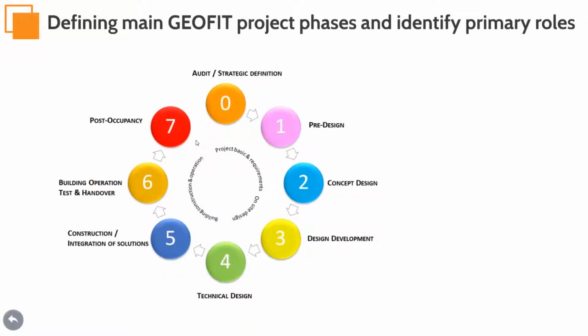This section provides a brief summary of each phase in a building design life cycle: the strategic definition, pre-design, concept design, design development, technical design, construction, building operation, and post-occupancy phase. On retrofitting projects, the strategic definition will be covered with an audit, and in phase 5, the retrofitting project may include only the integration of solutions if there is no objective of extension or complete refurbishment. This is the main difference with the